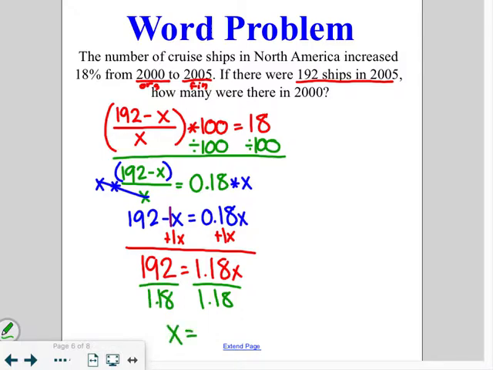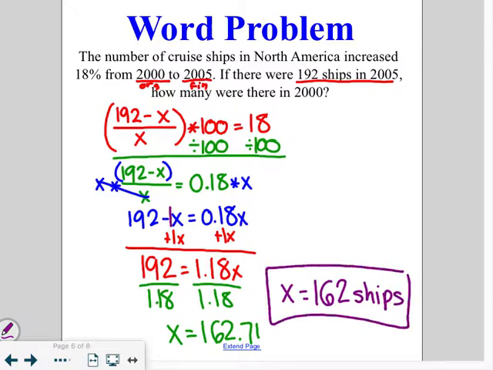and that gives us a final answer of 162.71. Looking at this, we are looking for the number of ships. It's really not possible for us to have 0.71 of a ship. However, we can't round this up because we don't have another full ship. So our final answer is 162